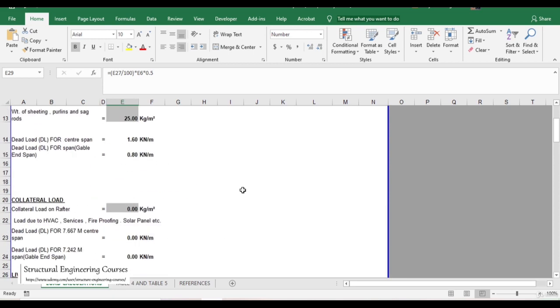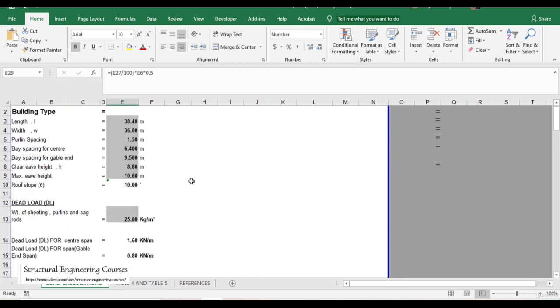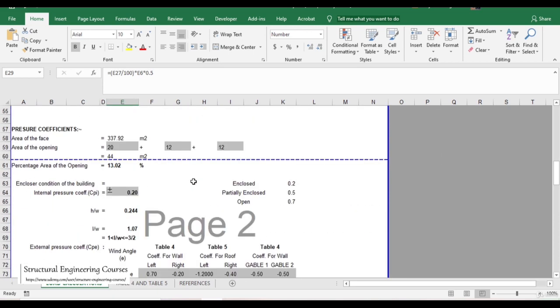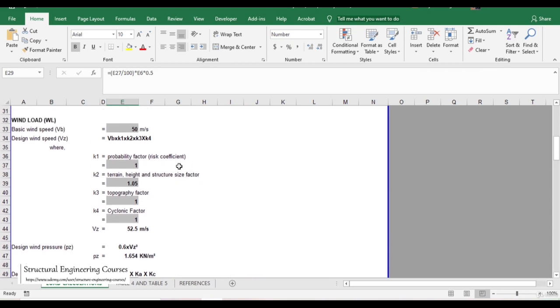So coming back to our Excel file here, we had already calculated dead loads and live load. Now we shall consider how we can calculate the wind load also. So we can consider the basic wind speed as 50 meter per second. K1 we can refer to as 1. K2 we can refer to as